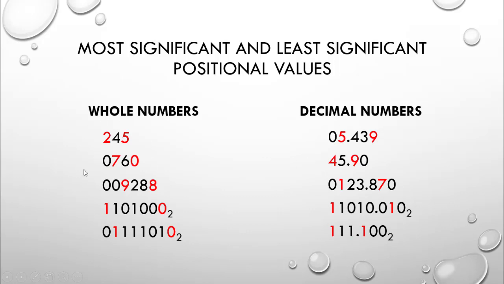But when you are considering whole numbers, on the right side if there's a 0 you take it, and on the left side if there's a 0 you don't take it. You can see there are no zeros colored red on this side, but there are zeros on this side. But here in the decimal part there are no zeros on either side. So this is how you identify the most and the least significant values. This can be done not only for decimal or binary, this can be done for all the 4 number systems.